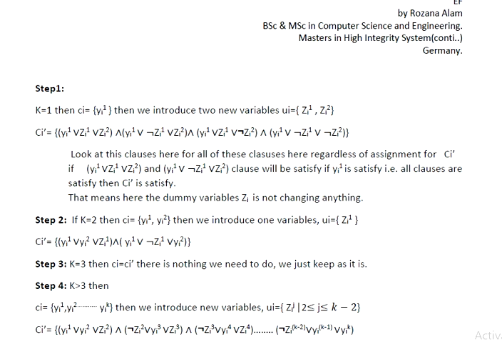So it will be 00, 01, 10, 11. Here you see why these many combinations are possible for two variables zi1 and zi2. So yi1 or zi1 or zi2, and this is a conjunctive normal form, so AND between the clauses,